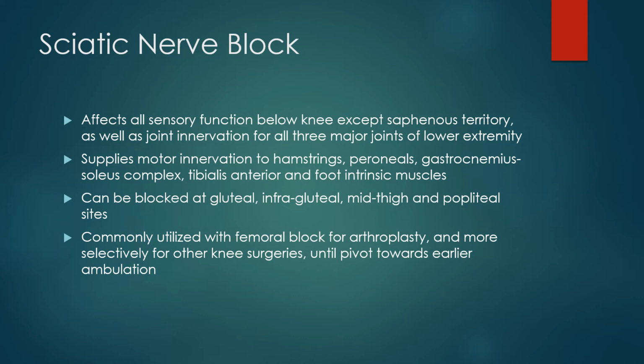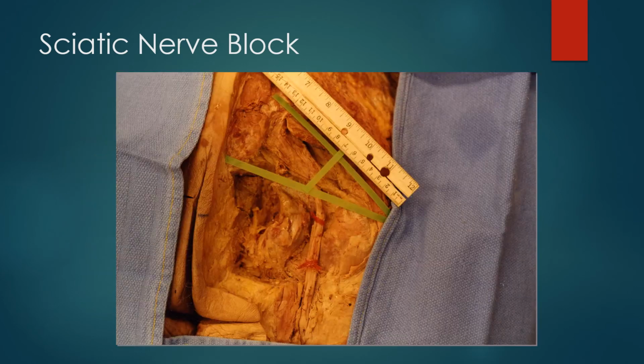Sciatic can be blocked at many levels. With ultrasound, it can readily be blocked at the gluteal level, the infra- or subgluteal level, just under the buttock, the mid-thigh, and even in the high popliteal sites. A high popliteal block can also be useful for reducing posterior pain in the knee. It used to be commonly utilized with femoral block for arthroplasty and more selectively for other knee surgeries until we saw the pivot towards earlier ambulation. And again, this is a block that you might call upon in certain situations, but will be much less likely to be used, as we'll discuss at the bedside for our